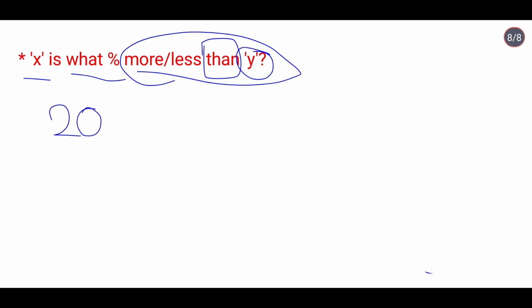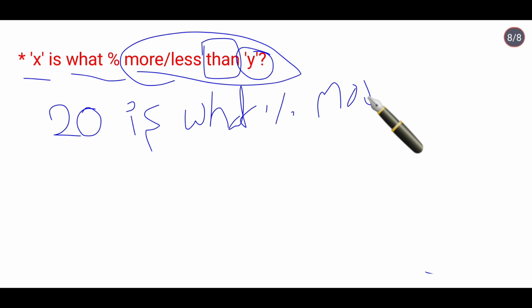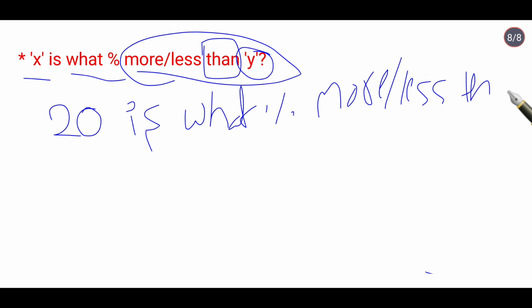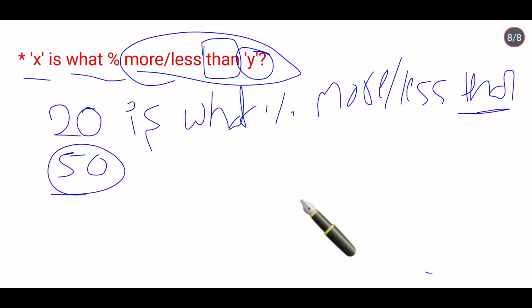20 is what percentage more or less than 50. Here the value after "than" is 50, so 50 should be in the denominator, and the difference of the two values is 50 minus 20